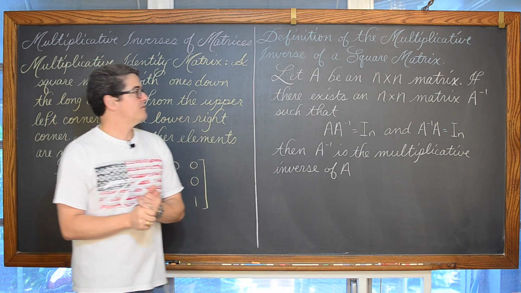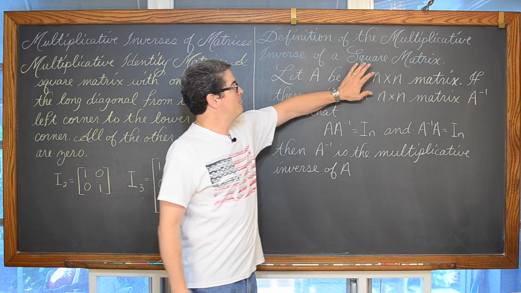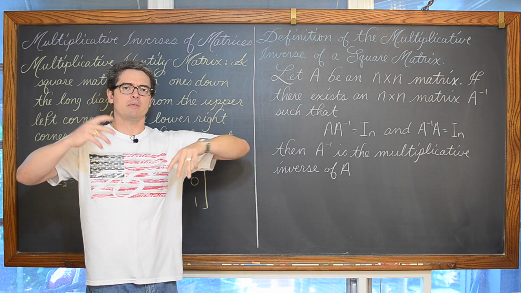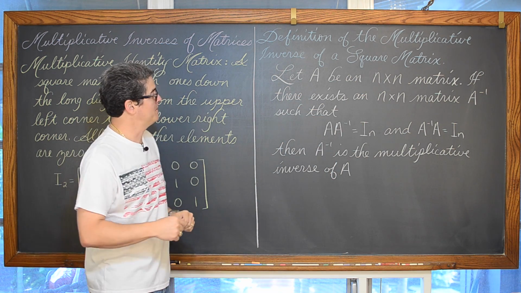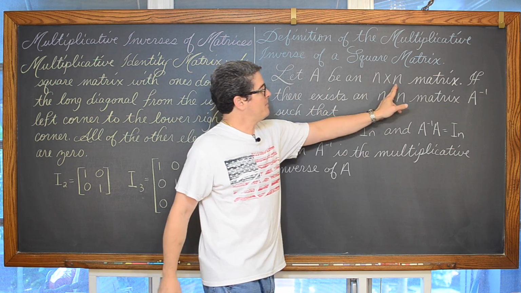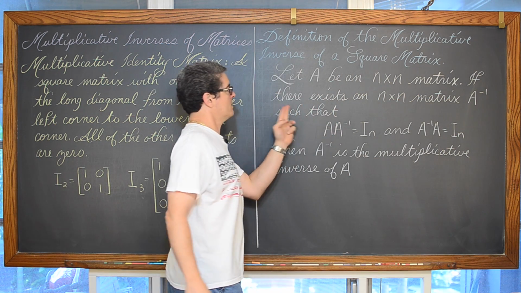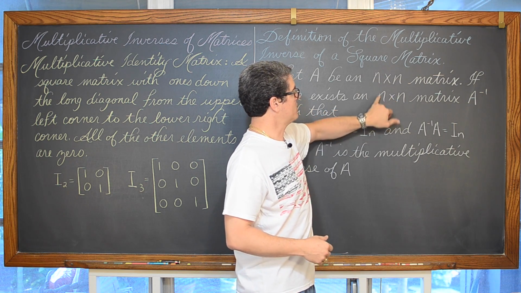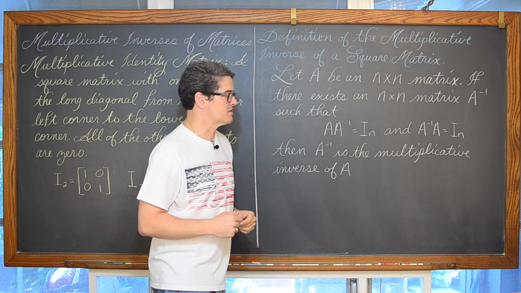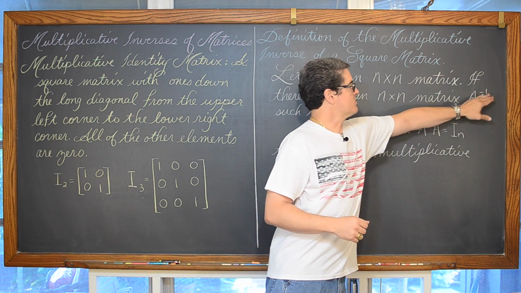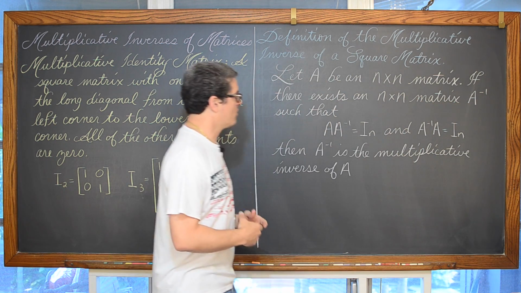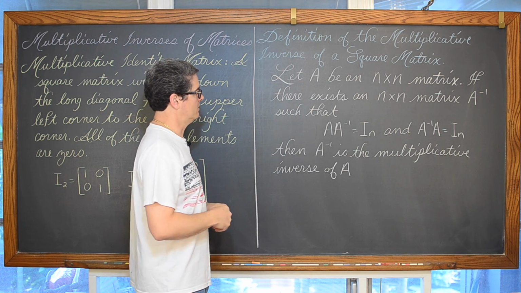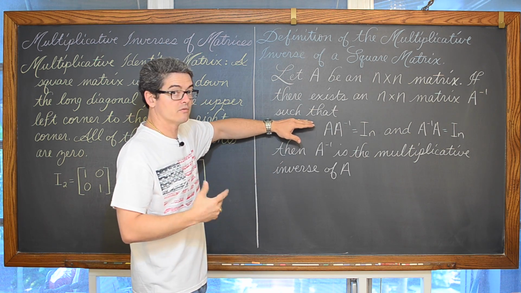Definition of the multiplicative inverse of a square matrix. Again, we're talking about inverses of square matrices. Why we keep saying that a matrix has to be square, I'll get to in a minute. Let A be an n by n matrix. If there exists another n by n square matrix, using the same variable so it has to be the same size, a matrix inverse of A, or A to the negative 1 power, if you will, except that's not really just flipping it over, like 2 to the negative 1 is 1 over 2.